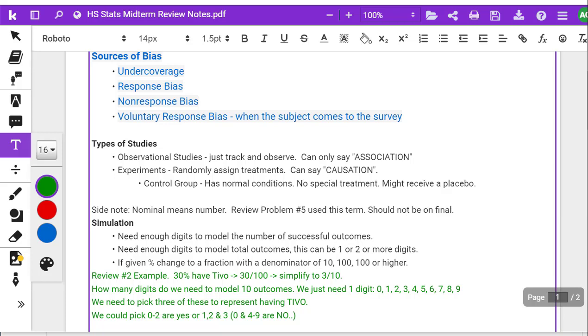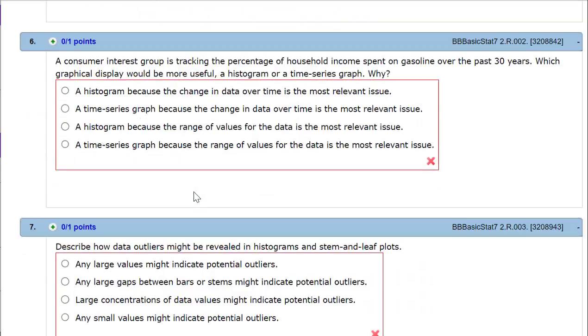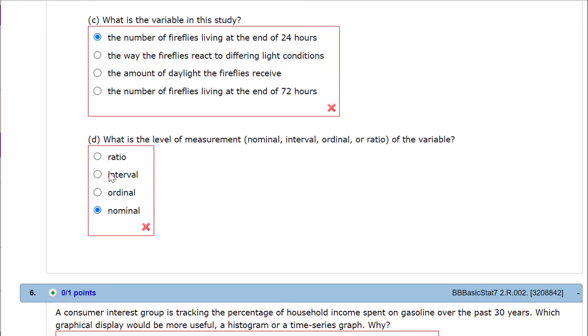All right, that should not be on the final. If it is, trust me, I will let you know. I'll make a note in this review near the top. Okay, yeah, so a lot of these questions I don't make, and we don't spend a lot of time on